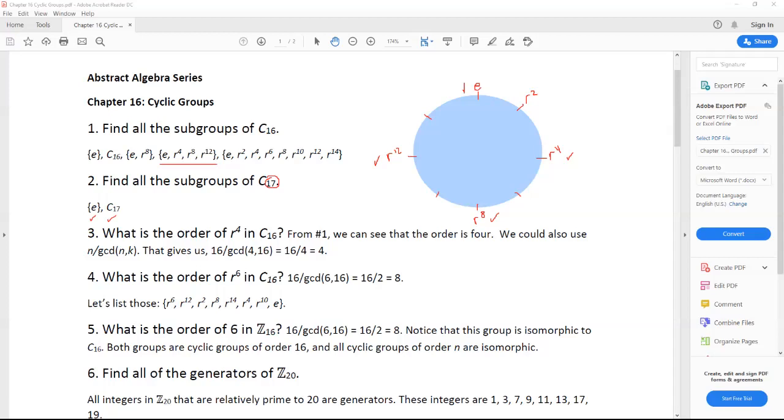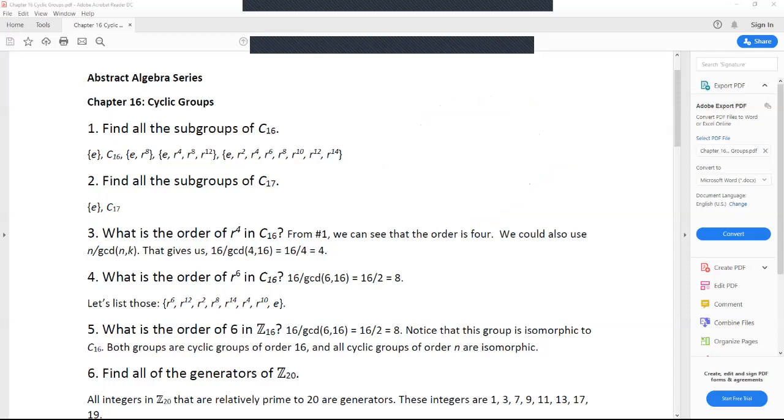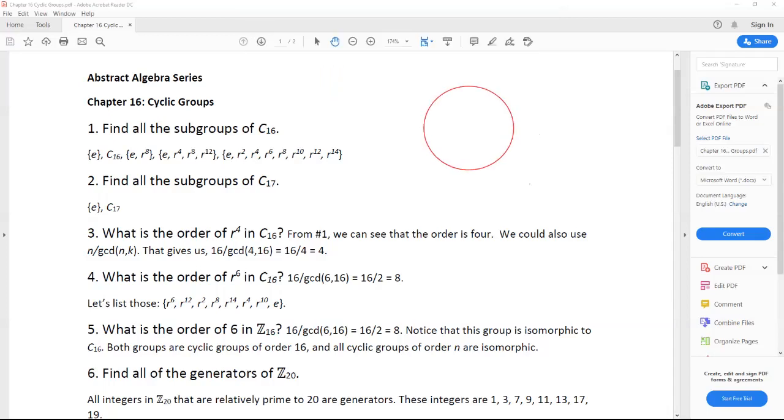Number 3, what is the order of r to the power of 4 in C16? Well, if we want to look at r to the power of 4 in C16, we could go back to the picture, and we know that r to the power of 4 has an order of 4. So if we start with the identity and we allow r to the power of 4 to generate, it's going to move into this position first,